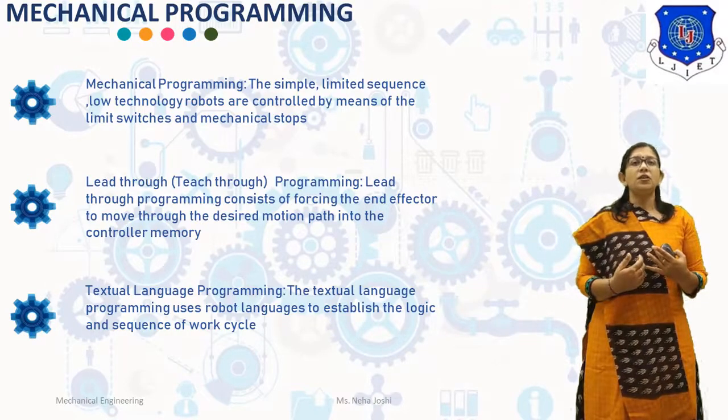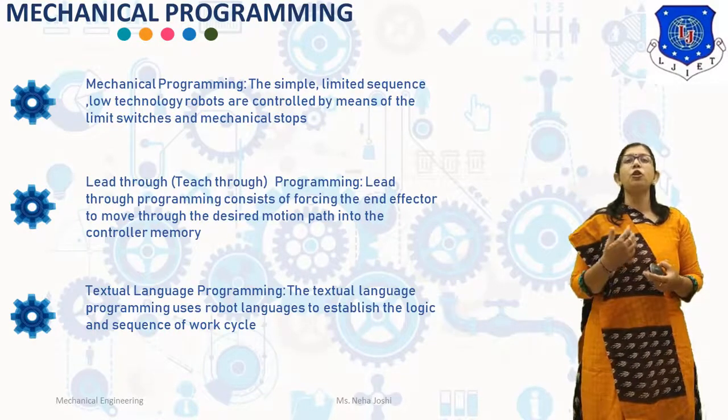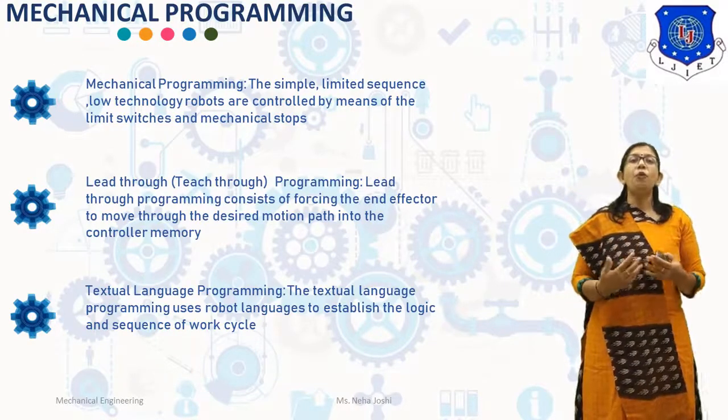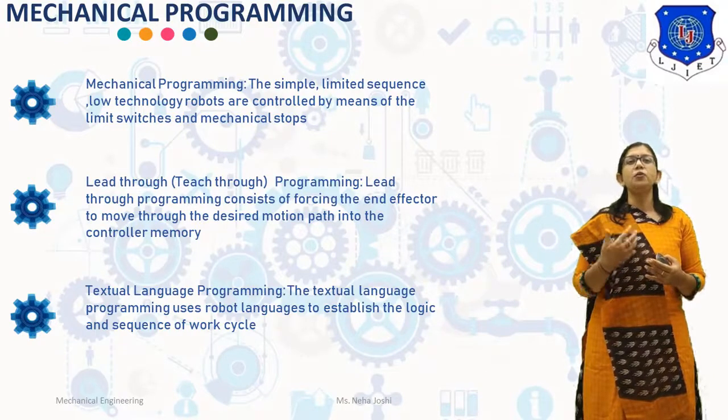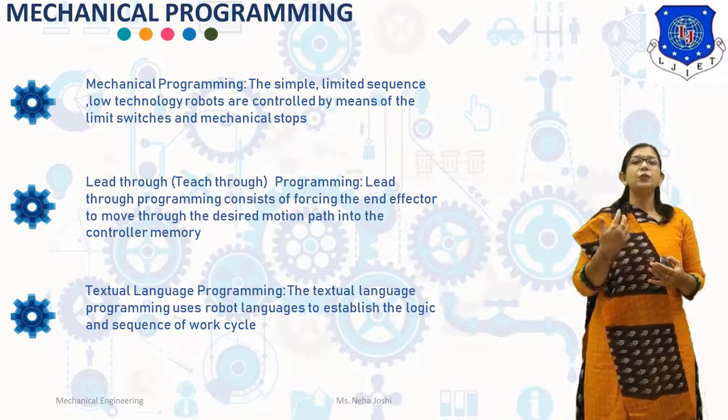Now, what is the first generation language? The first generation language uses a combination of teach pendant procedure and command statements for robot programming. They define point locations by teach pendant and the sequence of the motions by command statements. The first generation languages possess capabilities similar to the advanced teach pendant method. Now, an example of first generation language is VAL.